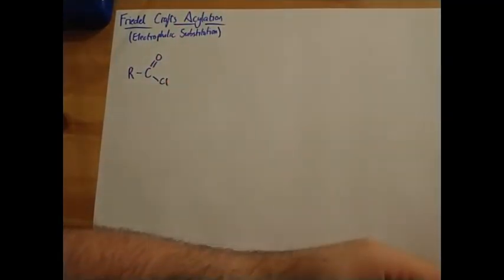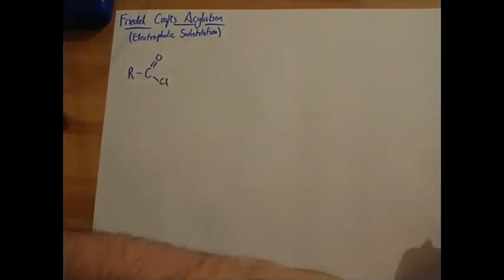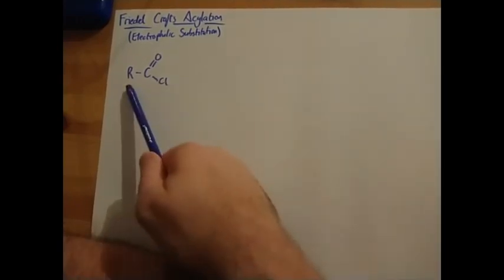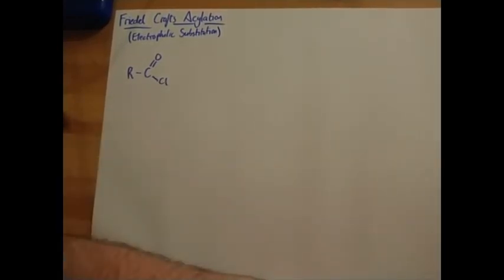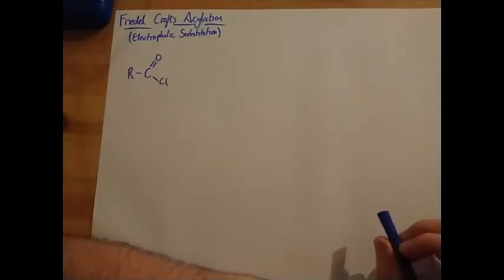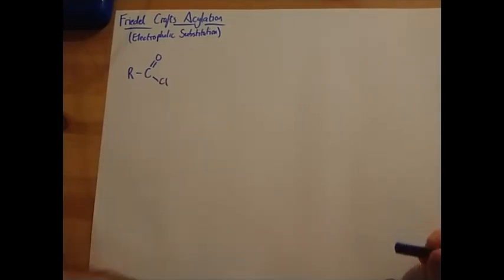And it looks like this. So it's very similar to a carboxylic acid, but rather than an OH, it's got a Cl, which means it doesn't act so much like an acid. Remember, the R just means a chain of carbons. It can be as long or as short as you want, or as complicated as you want. But the important thing is, with these acyl chlorides,